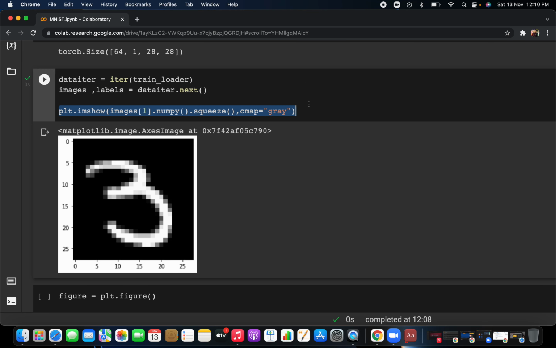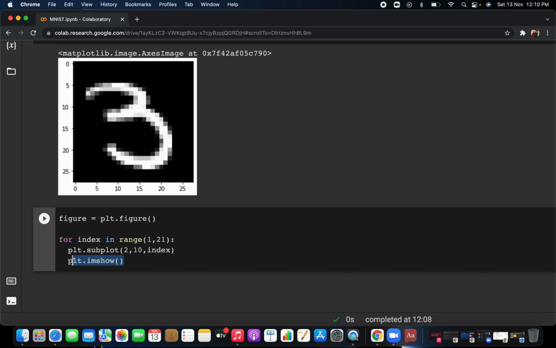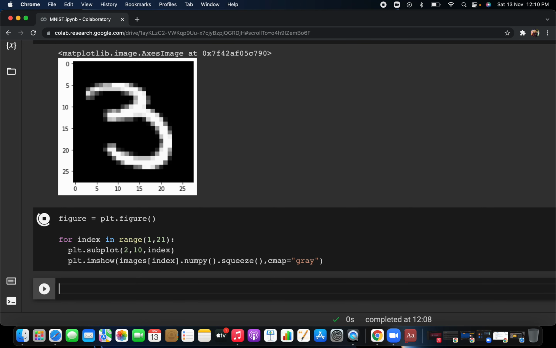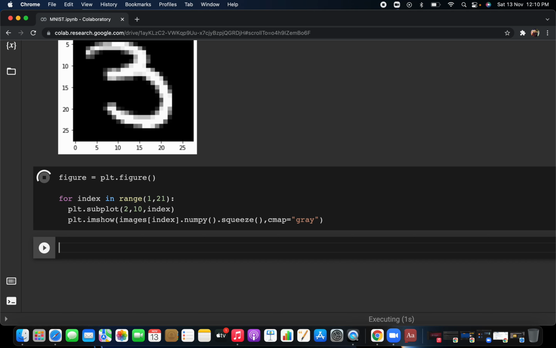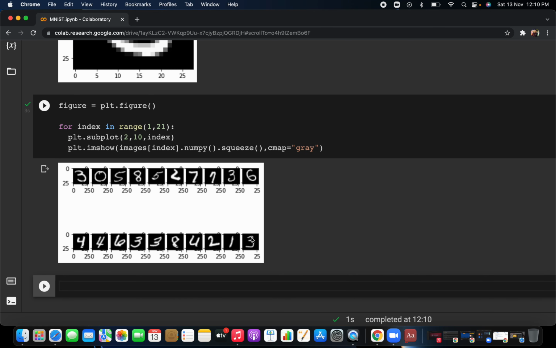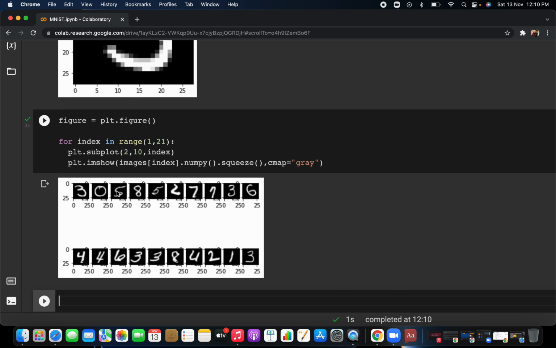But here you have to change one thing: you have to write i here. That is the index. So just see what's printing. It's 20. You are just writing what I was speaking about. So you have a total of 20 images and you are seeing them all here. I hope you understand this one. This was a really easy concept, because you are seeing all the images in one image, in plots. In one plot you are seeing the total 20 images.